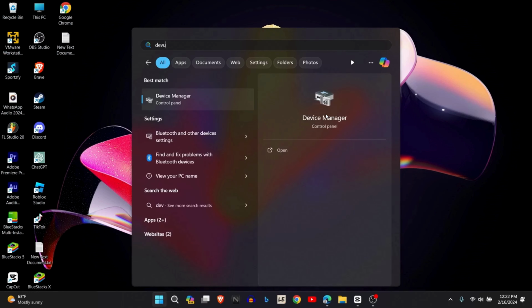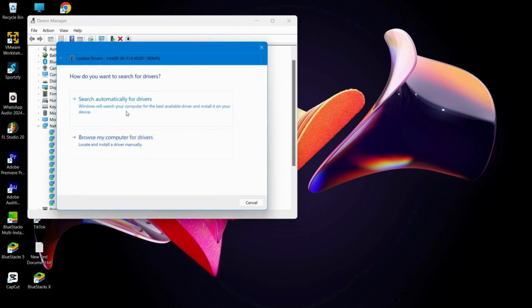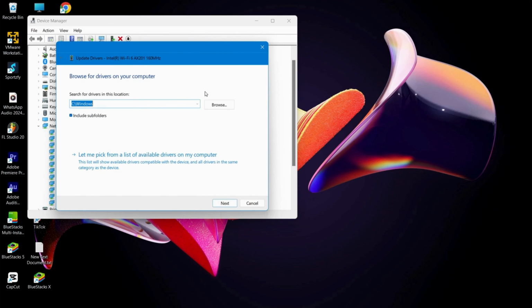Now the next solution is to update your Wi-Fi drivers. So go to Device Manager, expand the network adapters, and from here select your Wi-Fi drivers and update both of your drivers automatically. So if you have downloaded Wi-Fi drivers manually, you can simply go to your drivers and update the driver and select Browse My Computer for drivers. And from here you can simply select the latest version of the drivers that you have downloaded for your Wi-Fi